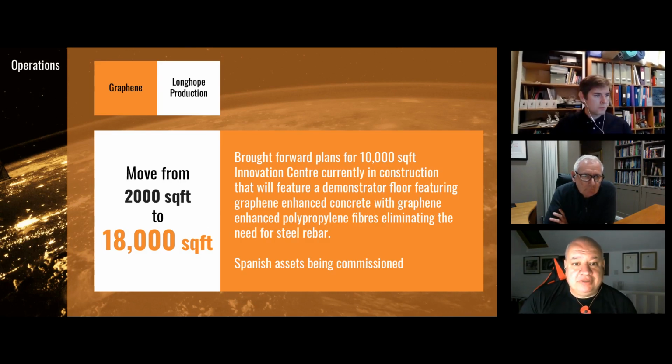As I spoke to you about, we were very fortunate to have been able to find a site that could accommodate our expansion. The reason for that expansion was not only being able to develop our capacity and our capability in inks, but in graphene nanoplatelets, but also our Spanish assets. Obviously, moving plant and equipment during the pandemic was difficult, but we managed to achieve that, and that equipment now is being commissioned, set up in that new site, and we'll have moved from 2,000 square feet to almost 18,000 square feet, with another 10,000 square feet identified for either production or the innovation center that we require.